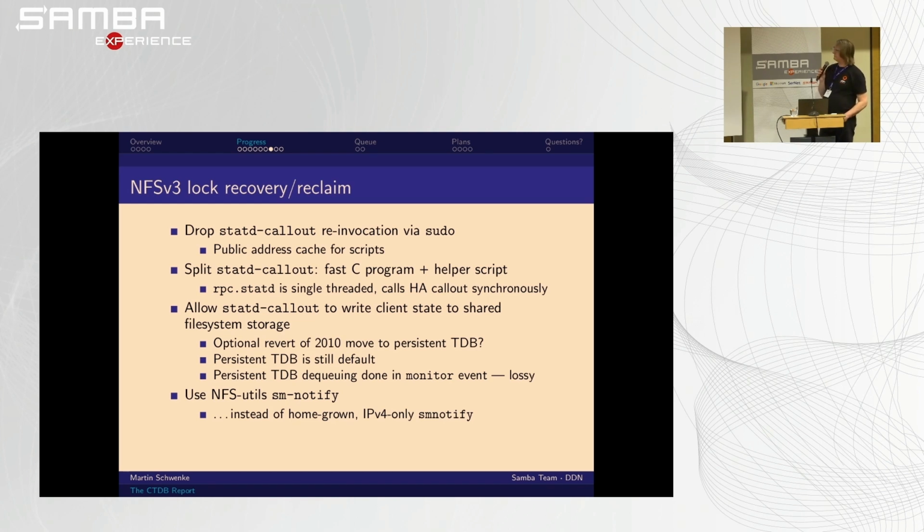NFS 4 is different. So a few years ago, we were doing stuff on Red Hat distributions, and they changed the user who ran rpc.statd to be RPC user instead of root. Now we needed to do a whole bunch of things as root, so we did